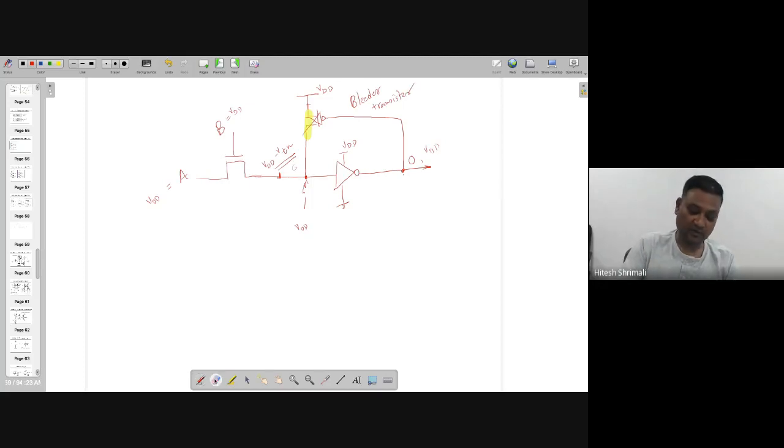Okay, now the problem here is, let's assume that there is a capacitor, a parasitic capacitor, or you keep some capacitor over here to hold the charge. Now what is going to happen over here? Let's go to the first condition. If this is VDD and this is VDD, I am transferring VDD minus VTN,